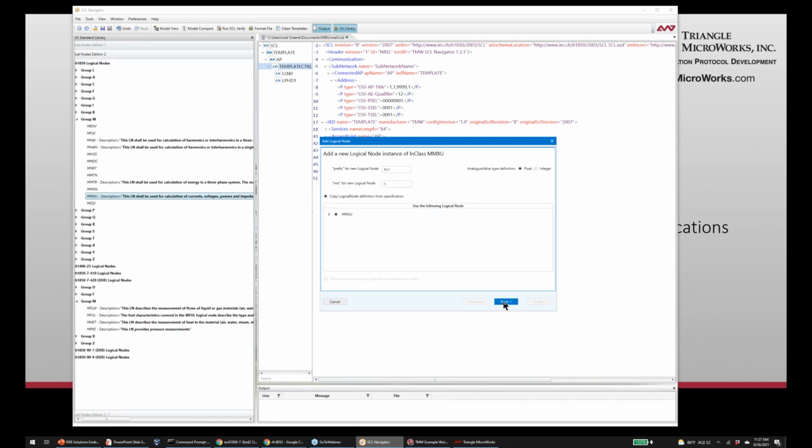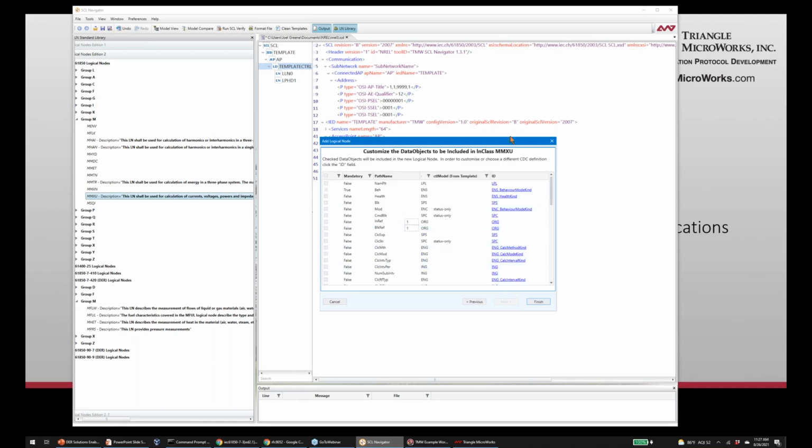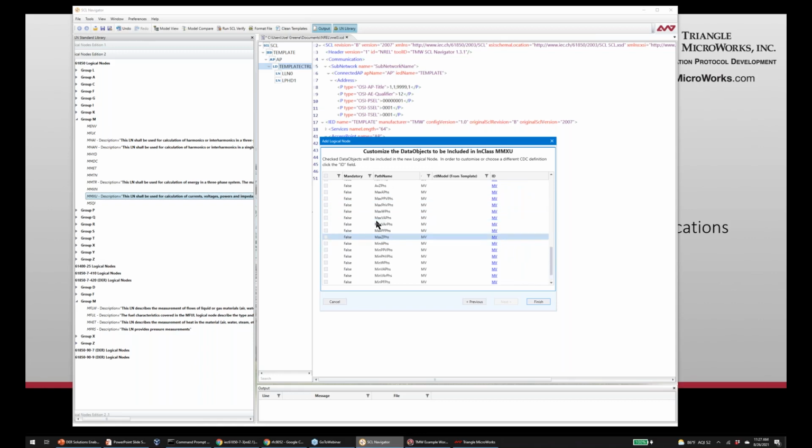Once we do that, we then bring up a list of all the data objects available in the MMXU. We've pre-selected the ones that are mandatory from the standard, and there aren't many. The MMXU can provide an awful lot of different information. Typically, we're going to see current and phase voltage in one of these, so I'm going to go ahead and select those. And that puts those two data objects in our model.